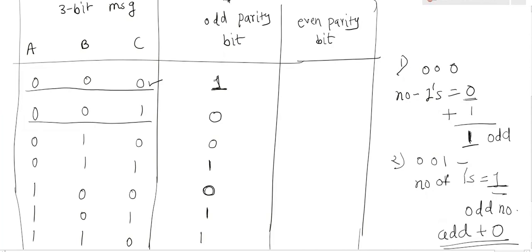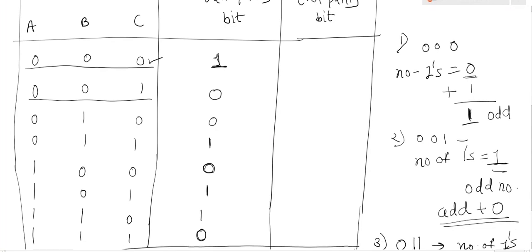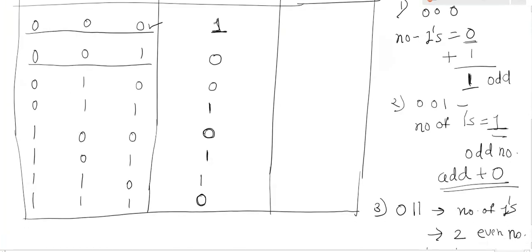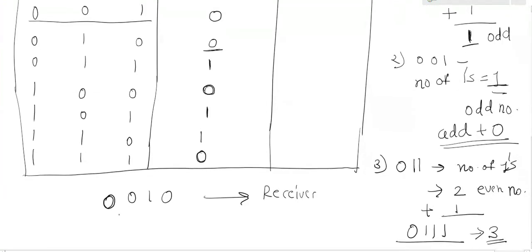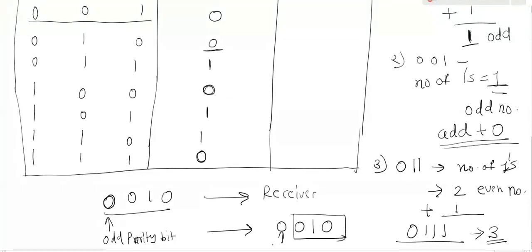Now if our parity generator is an odd parity generator, then along with this 3-bit message, the odd parity generator is sending one more extra bit, and those extra bits are 1, 0, 0, 1, 0, 1, 1, 0. Means while sending the data, let's say the transmitter is sending the data 0, 1, 0 to the receiver. Instead of sending only 0, 1, 0, one more parity bit is added together with the message. This is the odd parity bit, and it is sent along to the receiver. Now the receiver is receiving the data 0, 0, 1, 0, but the actual data is 0, 1, 0. This is the parity bit.